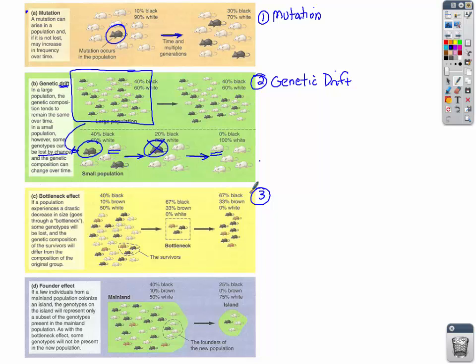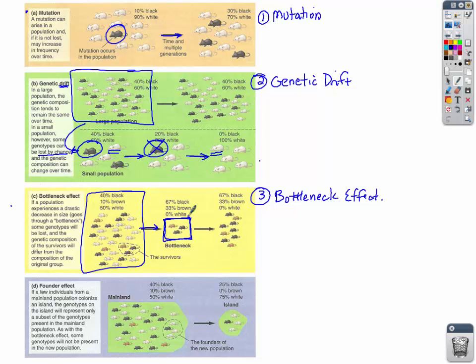The third way that microevolution can occur is called the bottleneck effect. This one involves a catastrophe. So you have a large population, and something happens where there's a catastrophe. That could be a flood, it can be a fire, it can be any type of catastrophe where a small population survives from the large population. So just by chance, whatever that small population is that survived, those are going to be the ones left behind